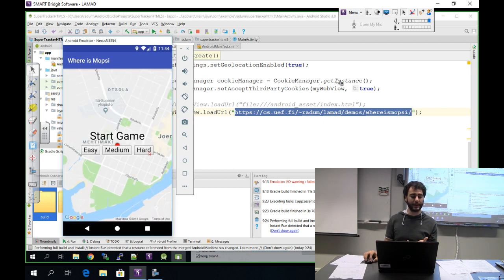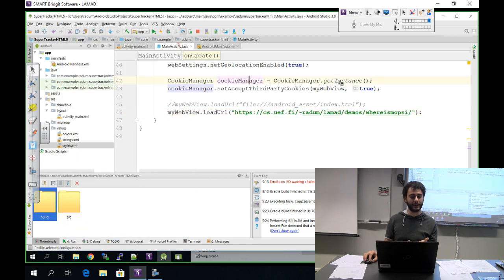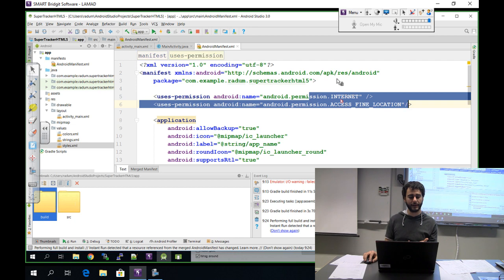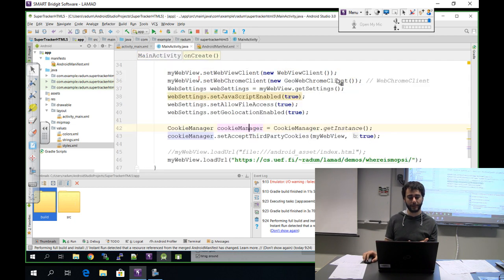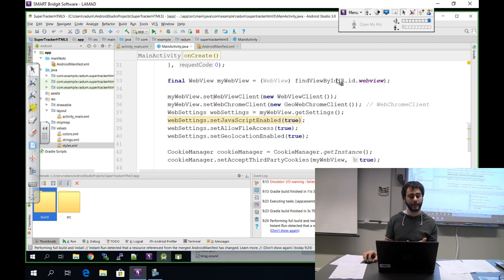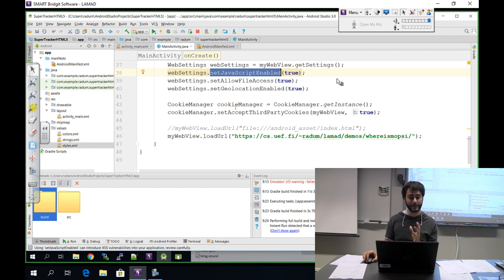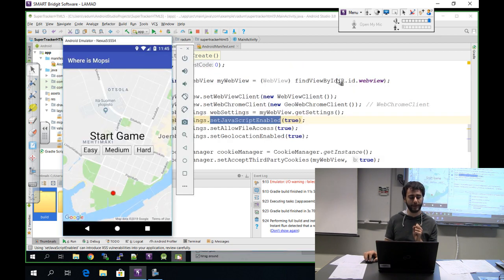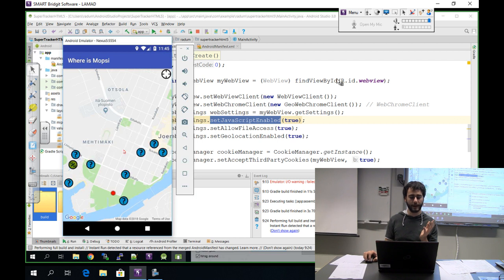So it's as easy as that, but there are things here that you need to consider, like granting permissions, maybe here saying that I want good accuracy for location, enable JavaScript, otherwise it won't work. So there are some things that you will learn from that video that I will link, but other than that, this is now the Android simulator. I'm going to start a medium game, and